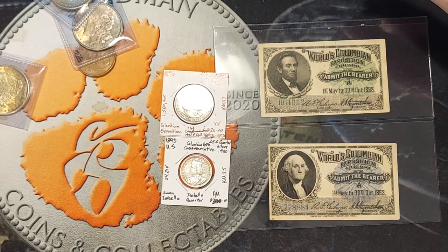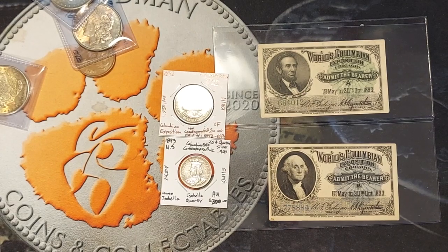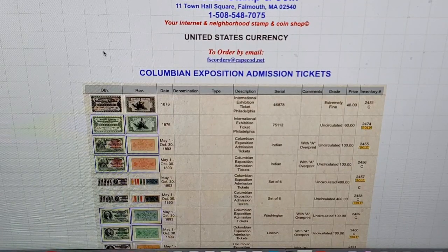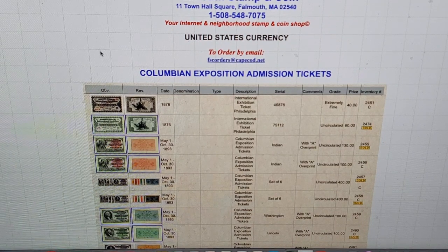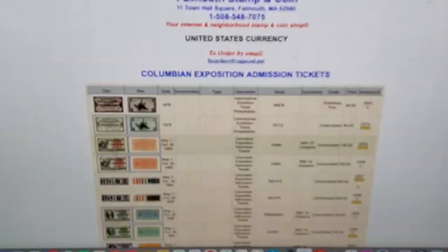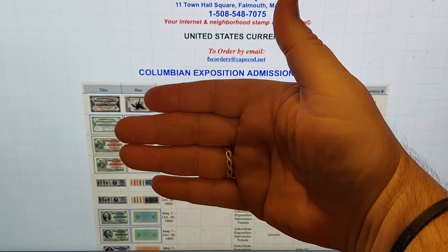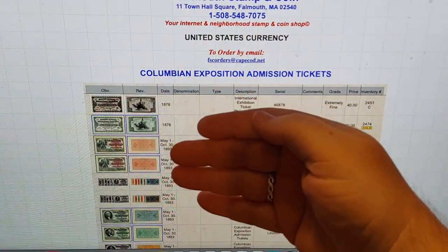Let me pull up the information on this. Columbian Expo tickets. Now, we'll show the screen here. Okay, as you can see, there are more tickets made. These 2 are for the International Exhibition in Philadelphia from 1876. But we go to the International Exposition. Of course, the pictures don't want to work. And the camera wants to flip out. Anyway,